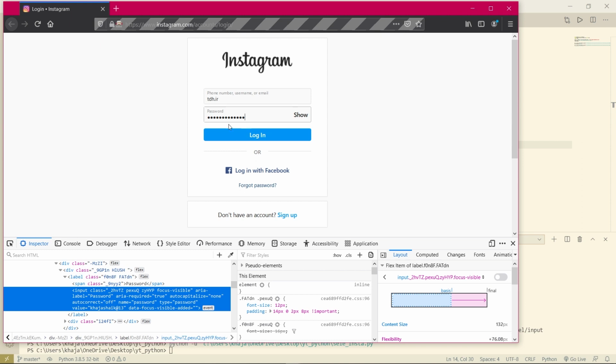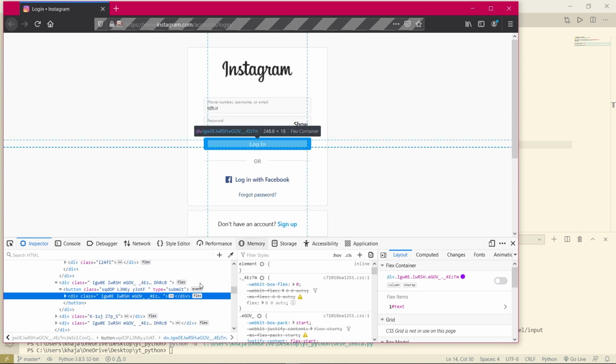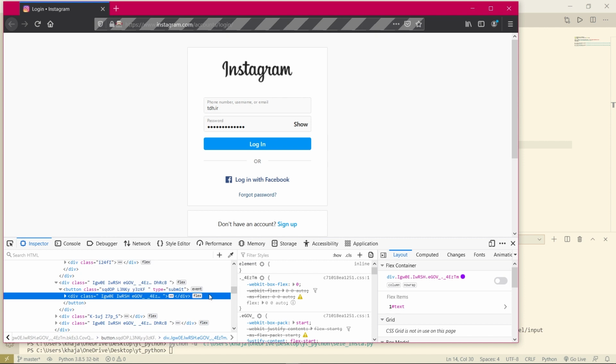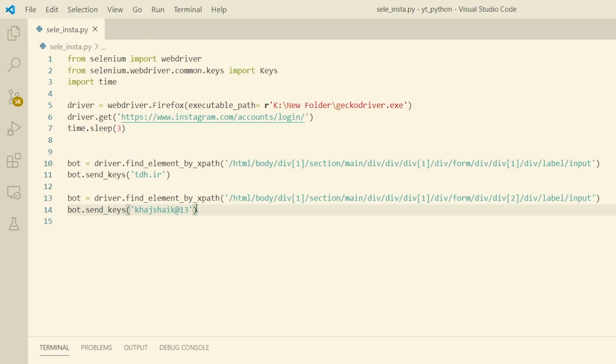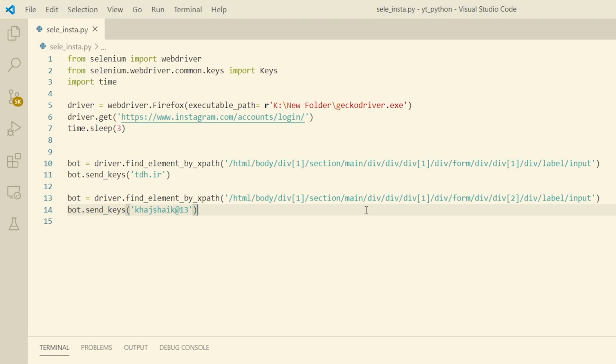Now, as you can see here, it has been highlighted, and now you have to copy this, copy XPath. Here what we have done is we have copied the XPath for this password, and now I have done the code for that, and after that I have copied the login button XPath.